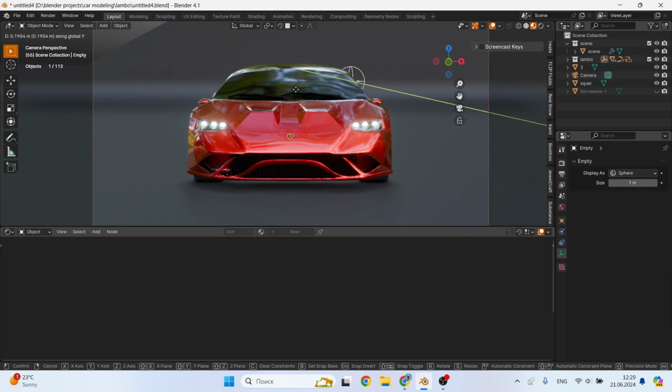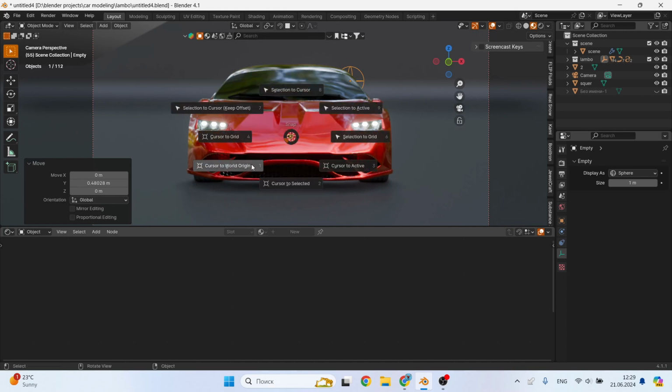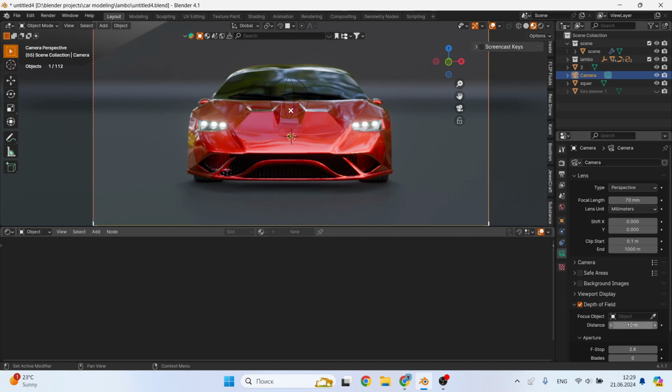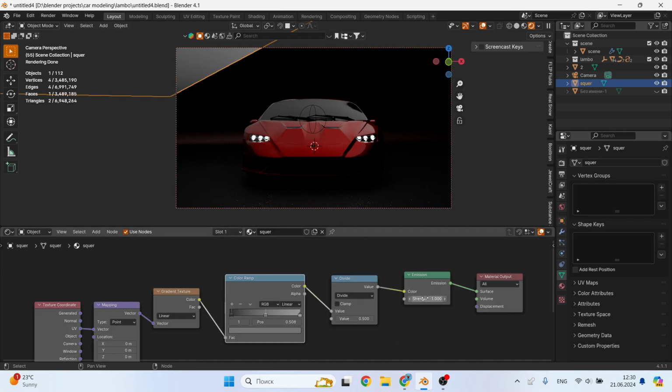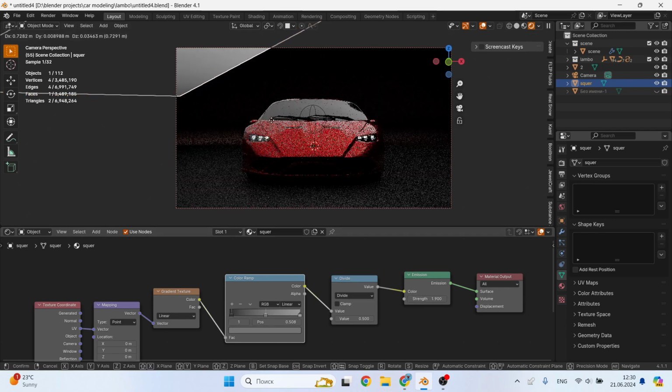So let's set up the camera. Here I'm using a 70mm wide lens. We set the focus to the dummy that's in the center of the hood. Let's go into rendering mode. I'll show you what result this panel gives. Look at the solid soft gradient that goes across the entire body of the car from left to right. I think it's really cool.